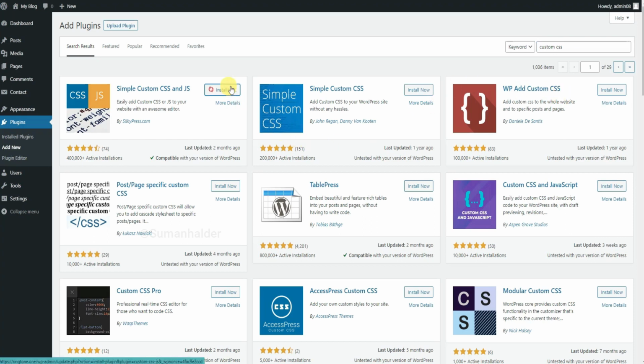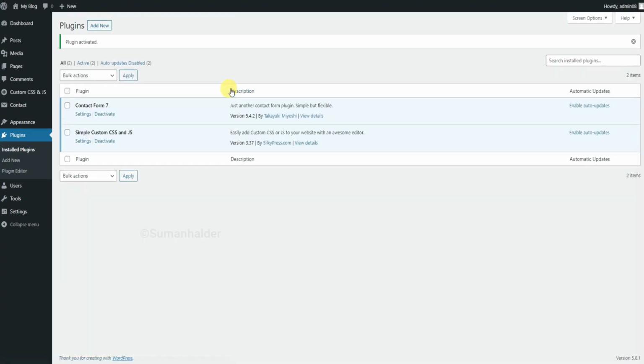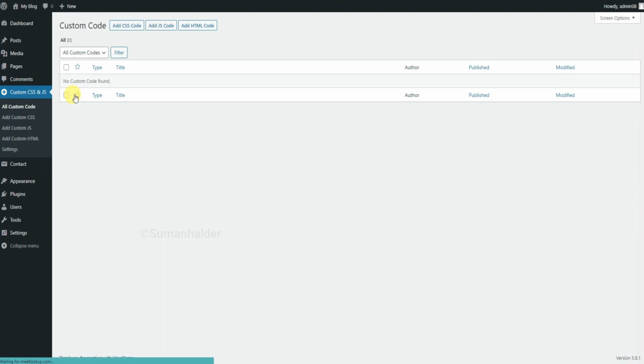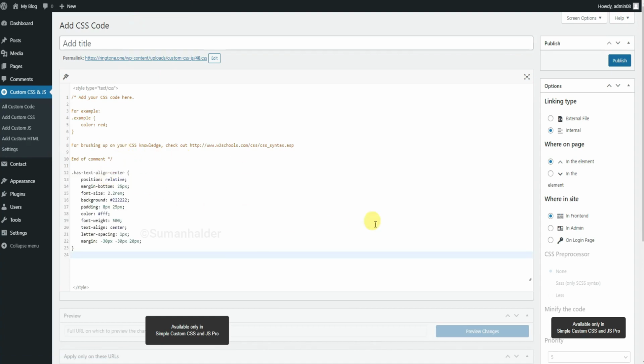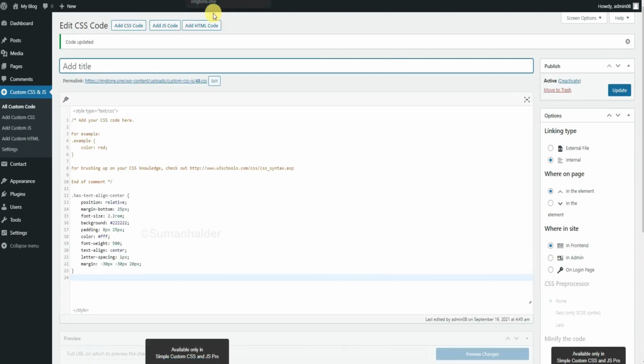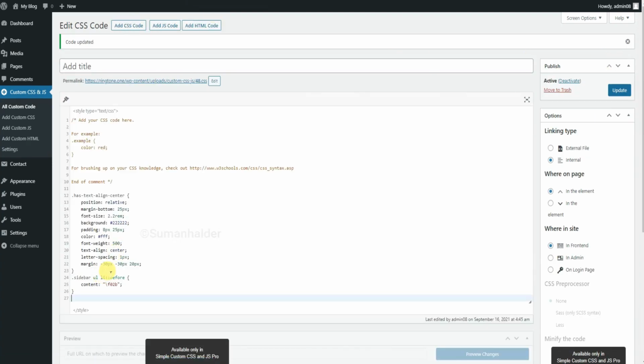Install this plugin and click activate. Click the custom CSS option, then click all custom code. Click add CSS code. I am providing a code in the description box and you will paste it here and click publish and click update and go back.